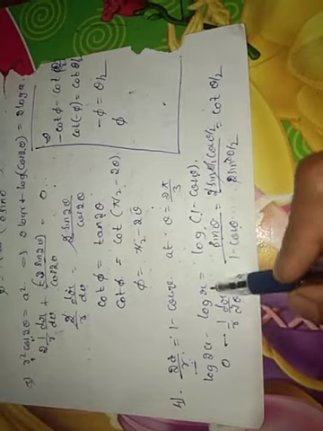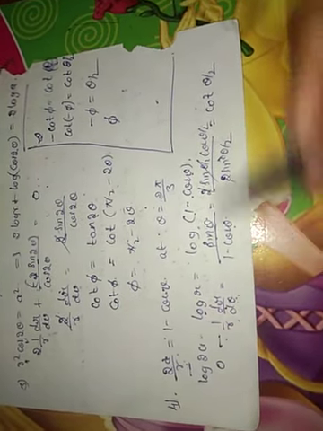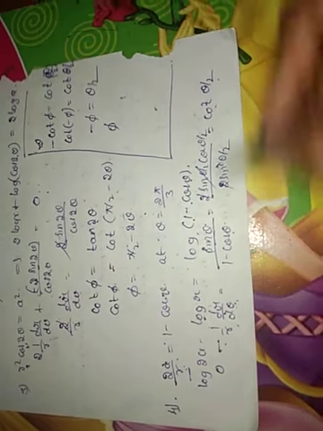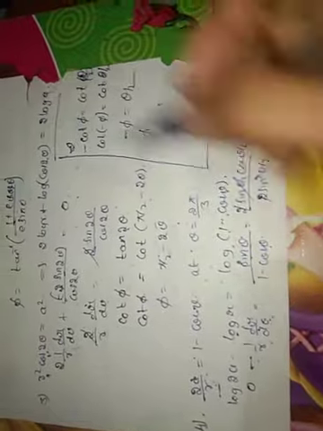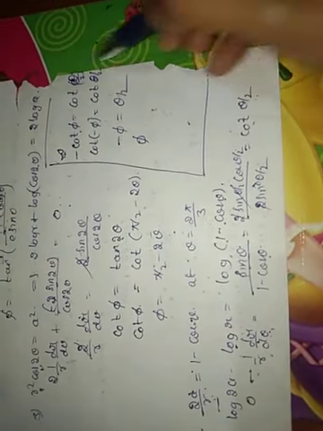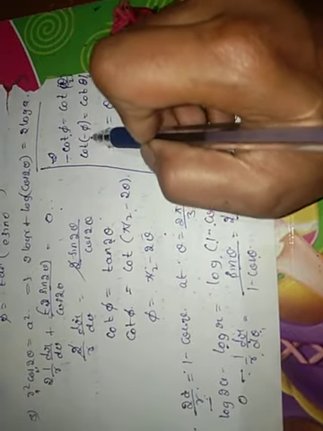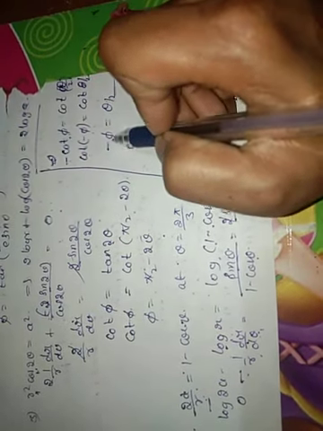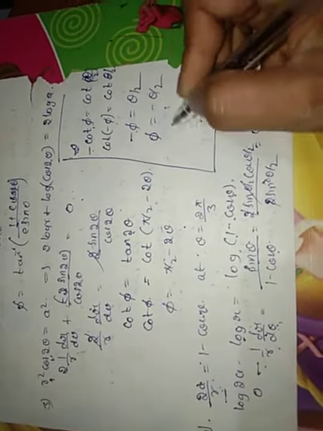First we applied the log on both sides, and on differentiating we get minus 1 by r dr by d theta equal to cot theta by 2. Now 1 by r dr by d theta can be replaced by cot phi. Keep cot theta by 2 as it is. Minus cot phi can be written as cot of minus phi. So minus phi equal to theta by 2. So phi equal to minus theta by 2.